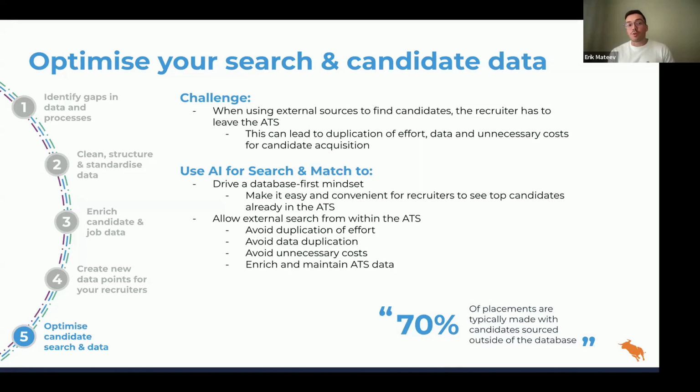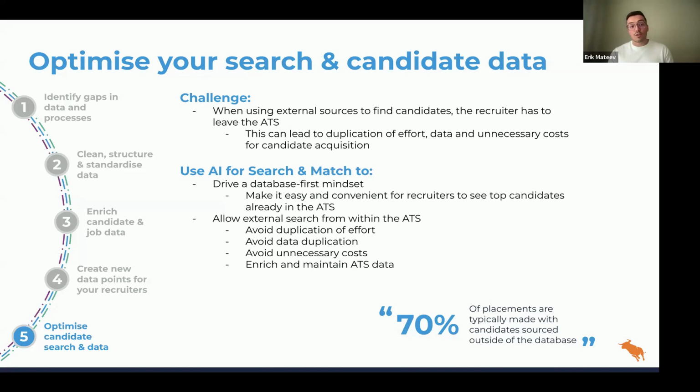Now, every time your recruiters open a job or create a new job, this entire process I just described happens in the background, and the top 10 recommended candidates are surfaced in the job record, being the first thing that your recruiters see. It's a great way to create that convenience element, right? They can see the top 10 candidates in the job record, they can preview them there, they can even shortlist them on the spot if they choose to do so.